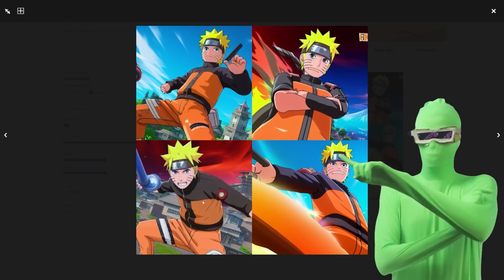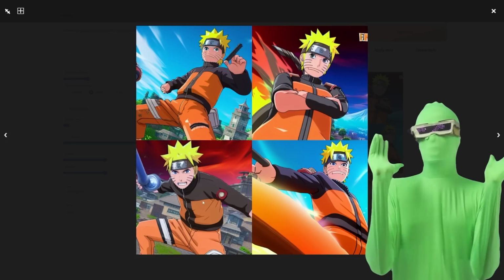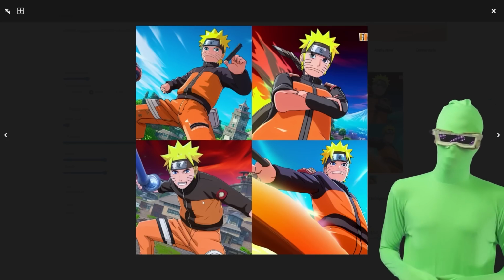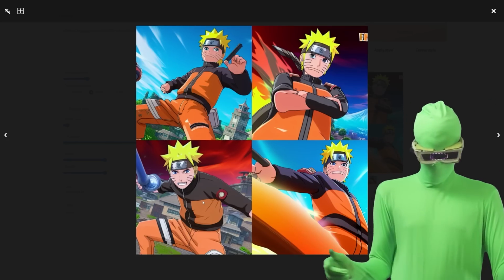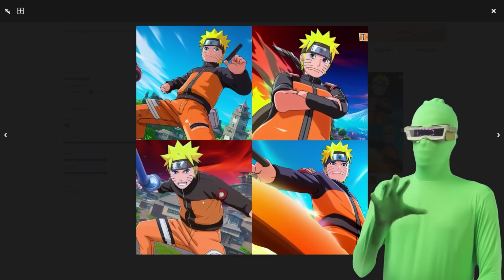It might have been better to train this model with Waifu Diffusion. Waifu Diffusion is a different Stable Diffusion model that specializes in anime. Or like Trinart, which is also the same thing. This space just has so much stuff. It's blown up so much. There are so many different things, it's getting hard to keep track of.